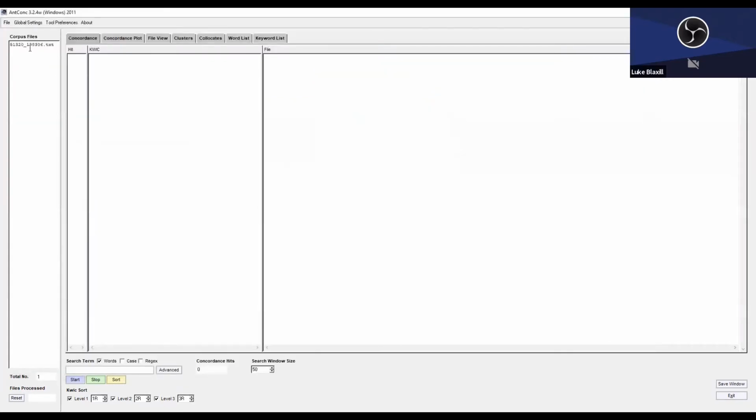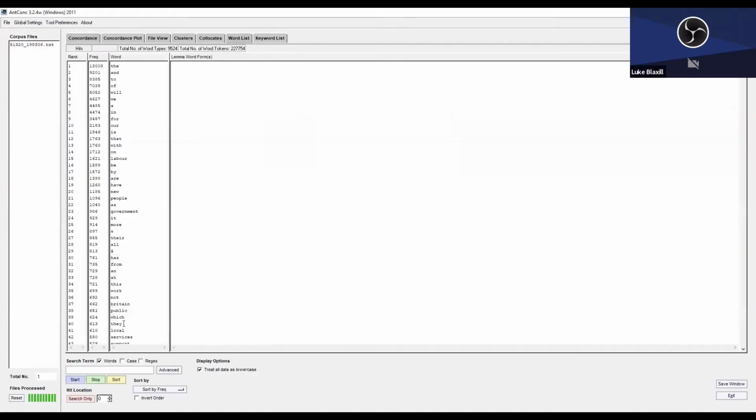That's all we've got at the moment. Let's start by generating a word frequency list, which is here under the tab Word List, and simply press Start down here. We need to click also, treat all data as lowercase if you want to. AntConc sometimes has a few too many of those boxes there, but let's click it there. There we go. Now, what we've got here is we can see that there are just under 13,000 words in